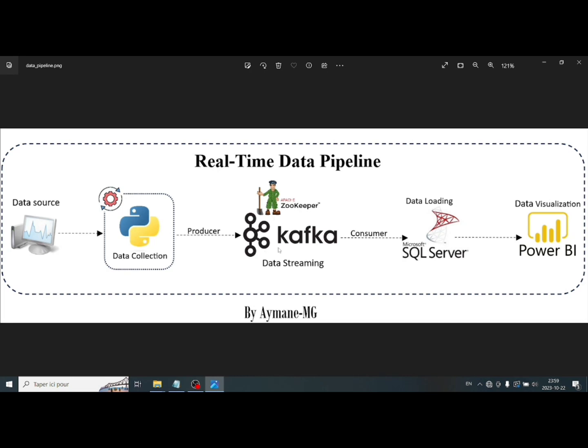With this framework I created a producer for sending the collected data to Kafka topics, and a consumer to read the data and load it in SQL Server database, and finally connect Power BI to the database for real-time data visualization. By the way, Apache Zookeeper was used to manage the Kafka brokers' metadata and also for the coordination between